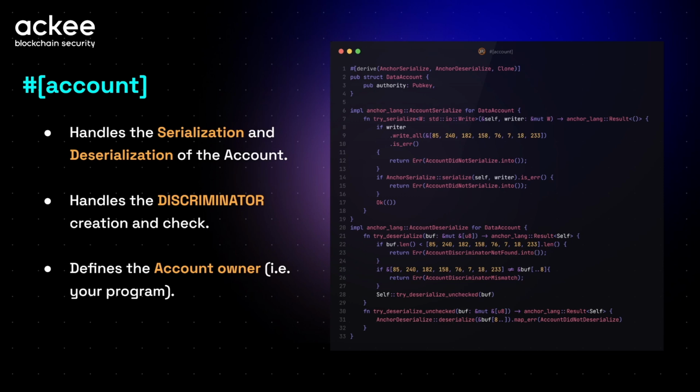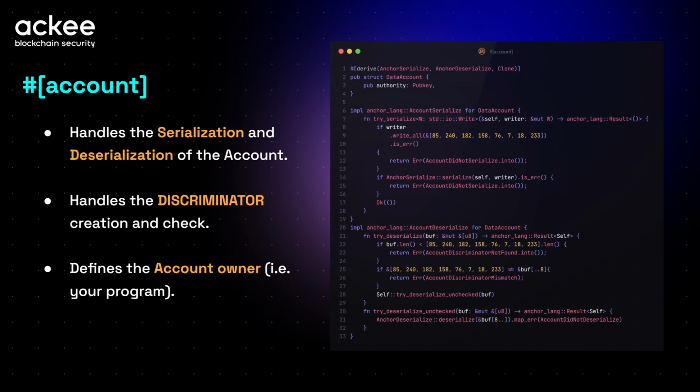If you are using the Anchor framework, Anchor can handle this automatically for you, and it will derive the source code, so the struct that is using this macro can be serialized into and deserialized from the byte array. So you don't need to do it by yourself.